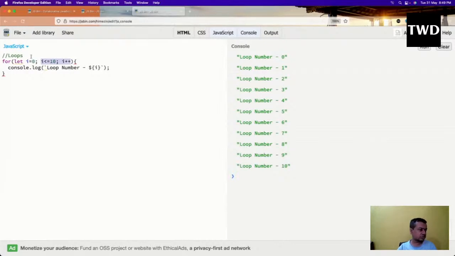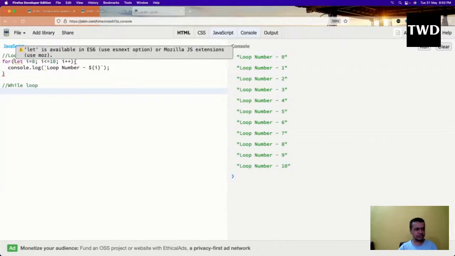Now we will look into the next loop, which is the while loop. So while loop is actually much easier to understand than the for loop. So let us understand the while loop, and here we are going to convert this for loop into while loop. While loop is also from the start. Okay, so